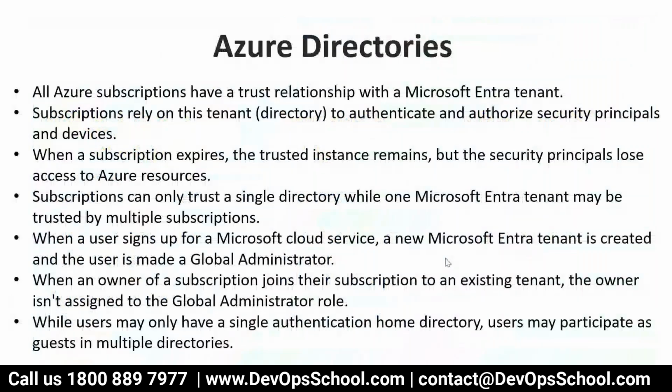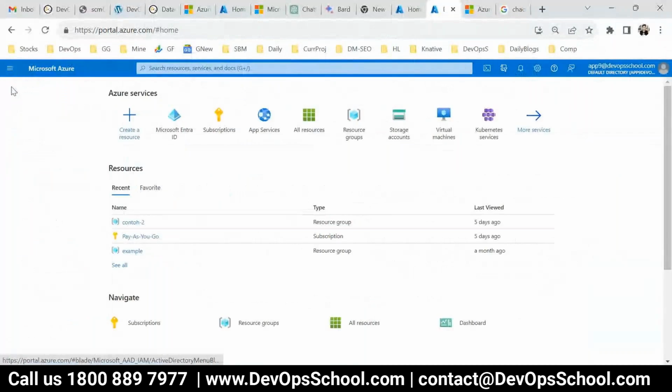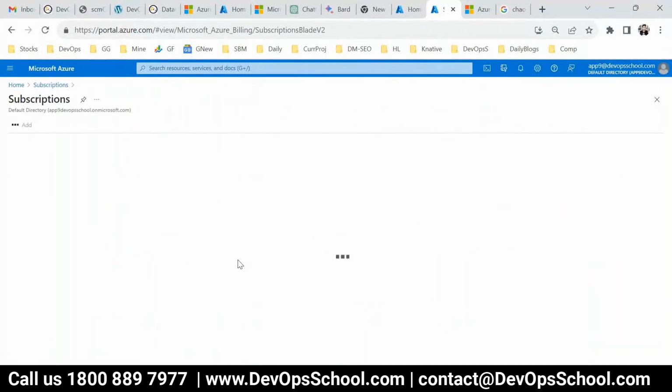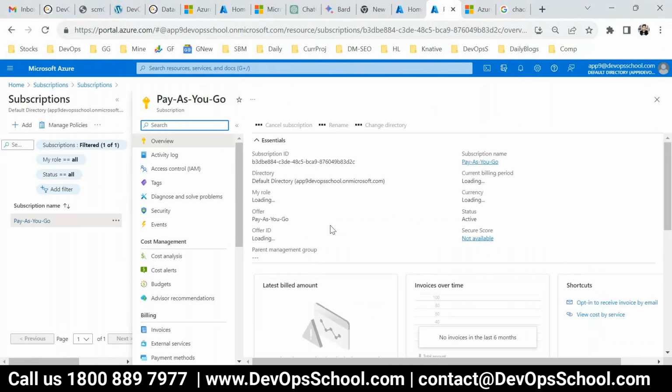Okay, so Azure directories. Understand this, some of the FAQs for it. All Azure subscriptions must have a trust relationship with the Microsoft Entra tenant. Whatever subscription you see is attached to your directory. Let me show you. Go to this subscription, and here, click here, and you see here directory, it is attached to